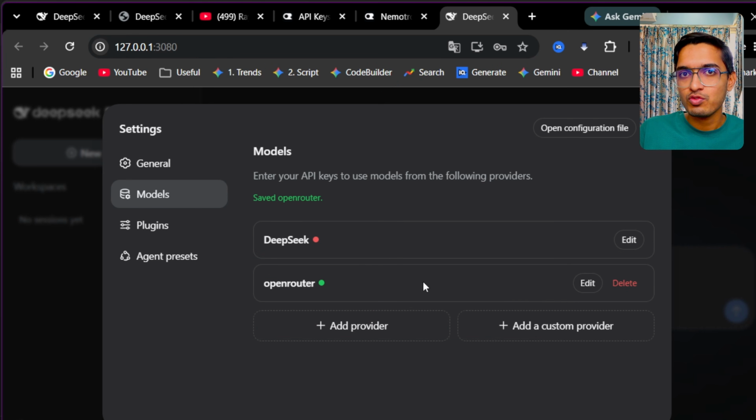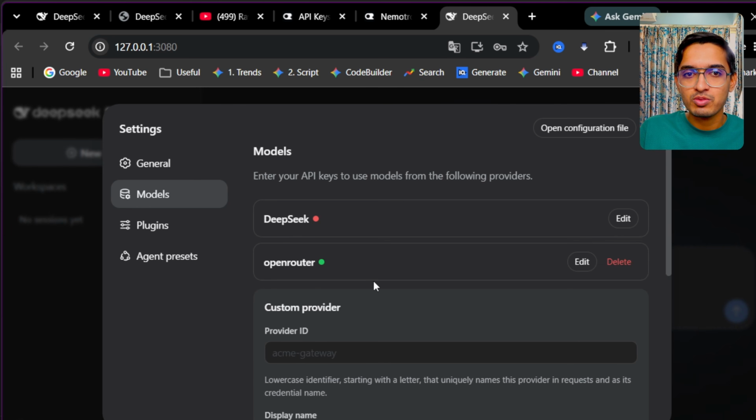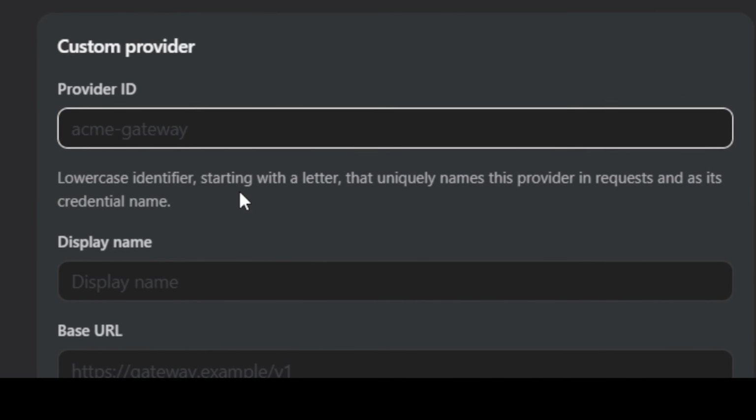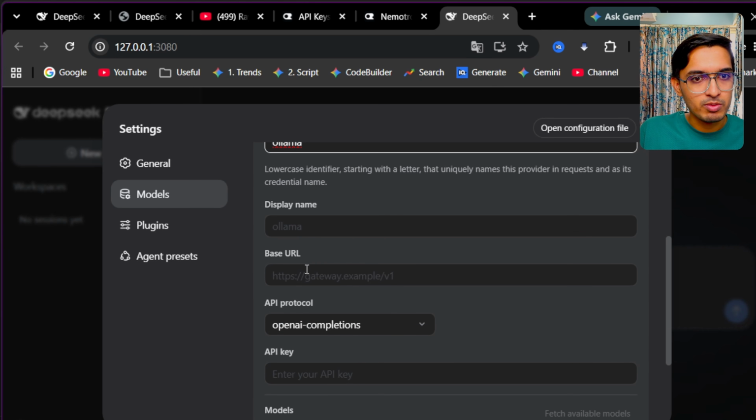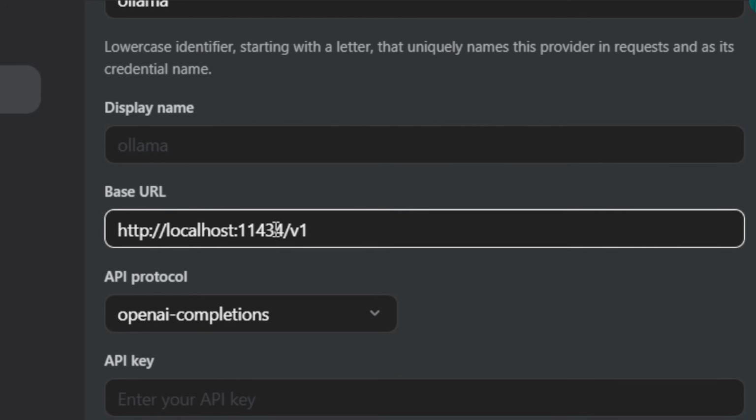Now the second way is to go for the Ollama models, which will require a bit more configuration because we have to provide the local URL in which all the AI requests will be sent. So for that you need to go to add a custom provider, add the provider ID as Ollama, the display name also you can just keep Ollama, and in base URL you have to paste the local URL of Ollama